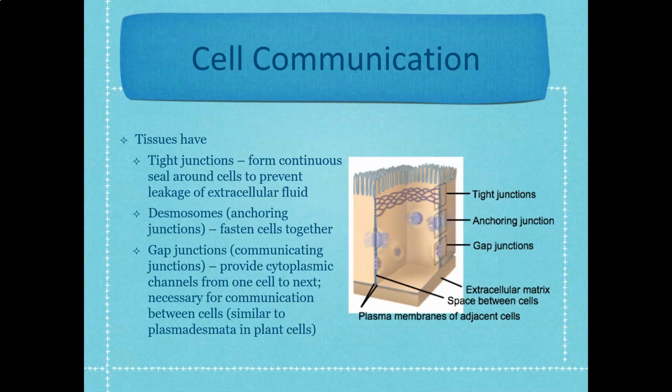If you've ever picked a scab off and you get sort of that clear fluid that leaks out of it, that is because you destroyed that tight junction that was forming in that scab until your cut or scrape could heal. And so you've destroyed that tight junction and now you're just leaking fluid until your body can come in and seal that back up again. Others, you've got desmosomes, or what we see here in the picture as anchoring junctions. These are sort of that Velcro idea in just being able to fasten cells together, keep them connected in that tissue so they don't go sloshing off somewhere that they shouldn't be.